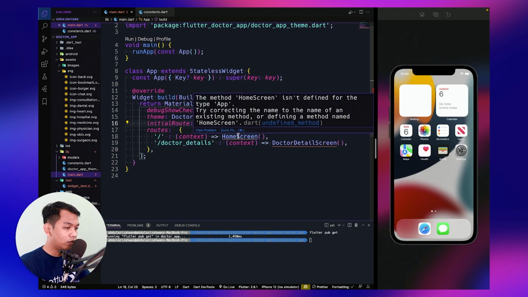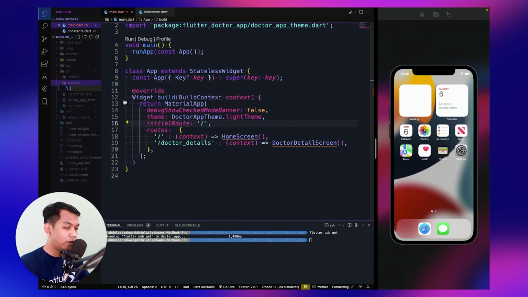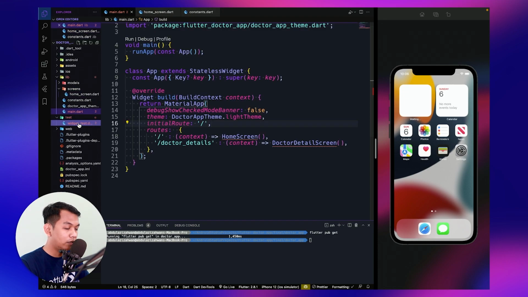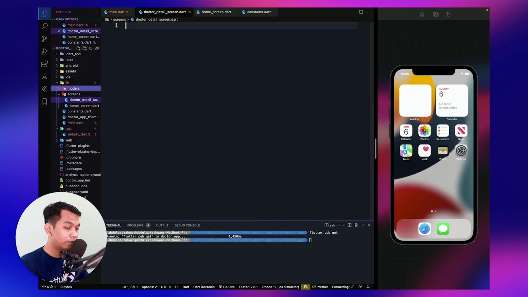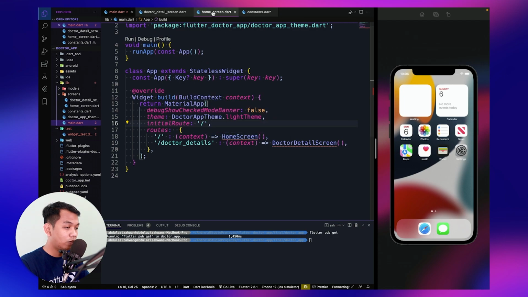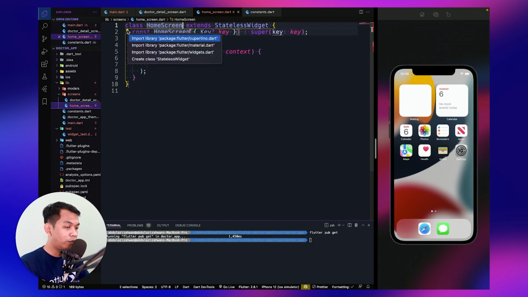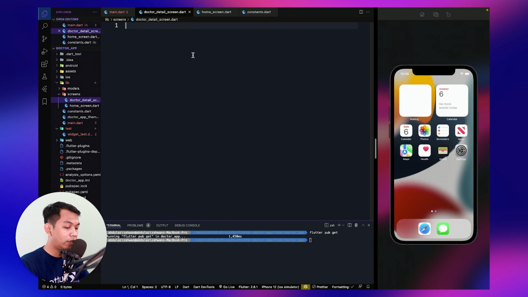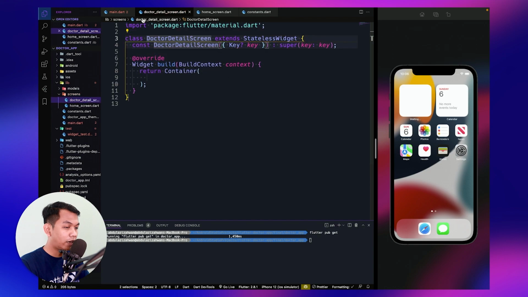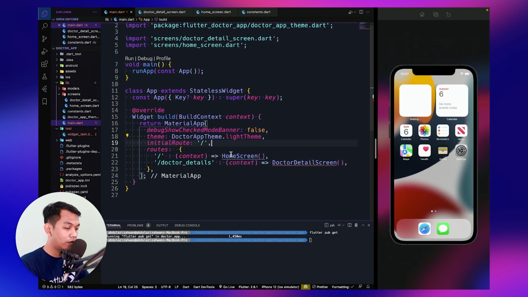And we see error because this file hasn't been created yet. So inside our screen folder, create a new file, home screen.dart, and the second one is doctor detail screen. And now we need to import this, and we need to go to our home screen. Let's make it stateless, name it home screen, import material, go to doctor detail screen, create stateless widget, doctor detail screen, import material again, and let's go back to main, and here let's import, look like this, and let's